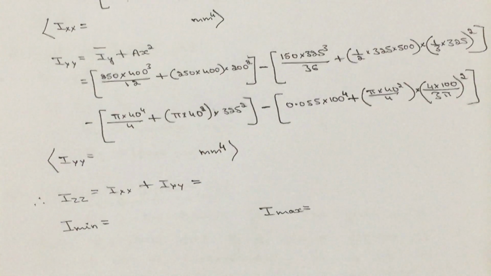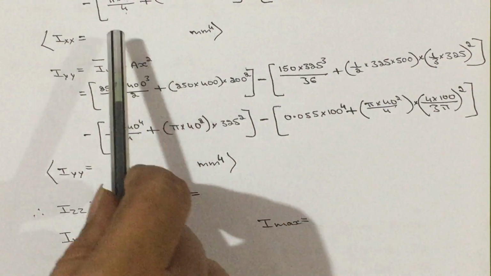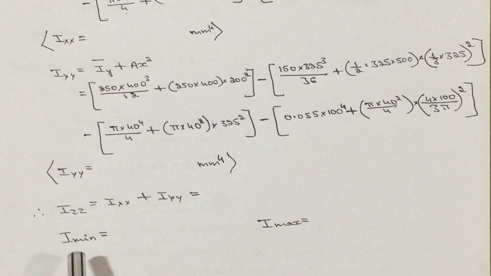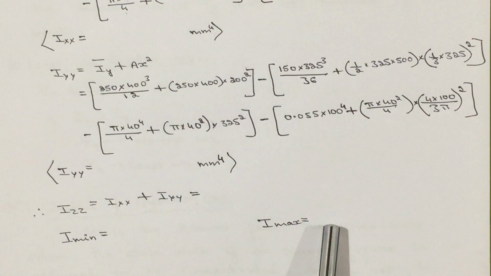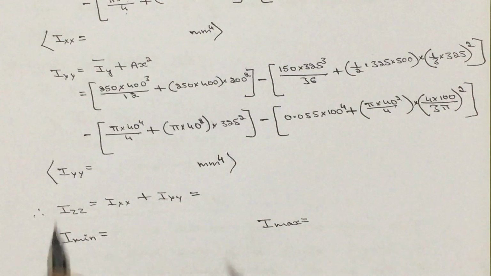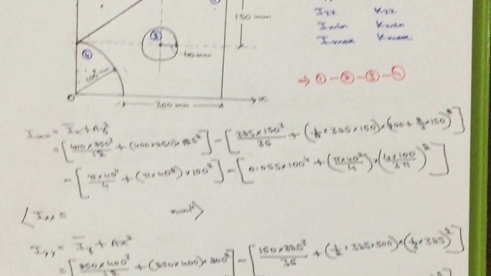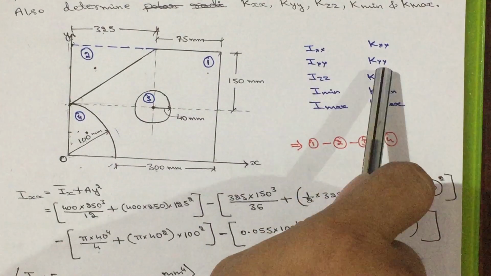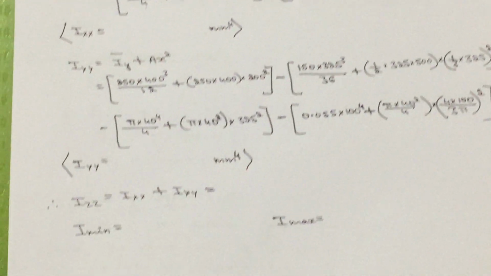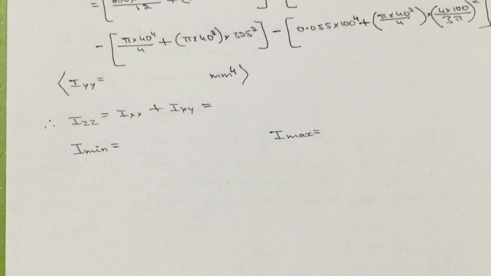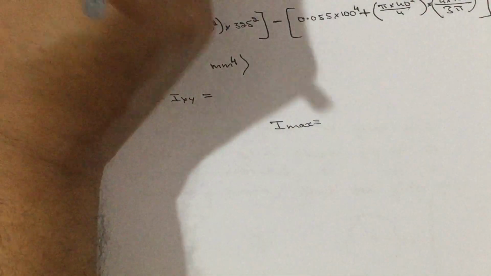What do you mean by I minimum and I maximum? We have two values here, one is Ixx, another one is Iyy. Whichever has the lowest value becomes the I minimum, and whichever has the maximum value becomes the I maximum. So, we calculated Ixx, Iyy, Izz, I minimum, I maximum. Then what else do we need to calculate? We need the respective Kxx, Kyy, Kzz, K minimum, K maximum. I will write how to calculate, it is very simple. Therefore, this is regarding 1.